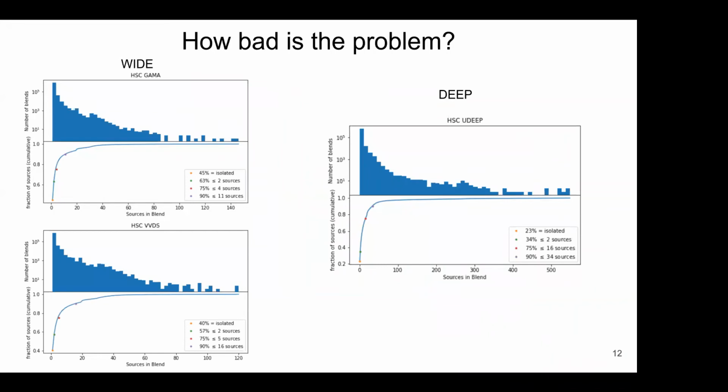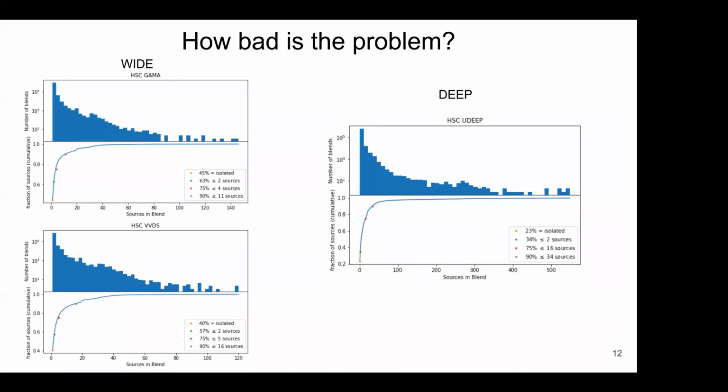Okay, so how bad is this problem? So on the left, we see some plots from HSC-wide data. And so these are two of the RC fields. And so you see in the wide data, it's not terrible. I mean, we still have 40 to 45% of the objects isolated, which means just over half are going to be blended. But most of those blends are small. And so somewhere around 60% of the blends are going to be 2 sources or less. And 3/4 are going to be blends of like 4 or 5 sources or less. And it's only that last 10% where you start getting blends that are bigger than 10 or